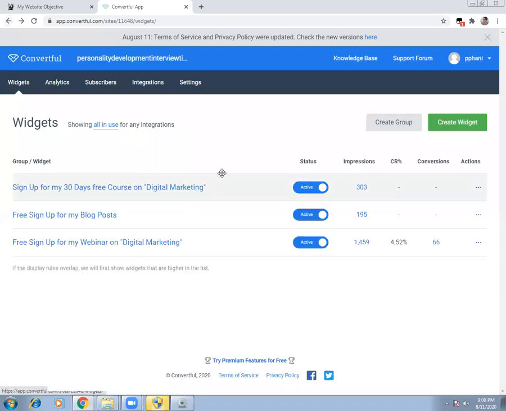How do we create this? All these things, how do we link it to your website? This is what is going to be the session for tomorrow. So in case you feel that this kind of a form is required on your website and it will help you to get traffic free of cost, maybe you will not miss my session tomorrow on this.